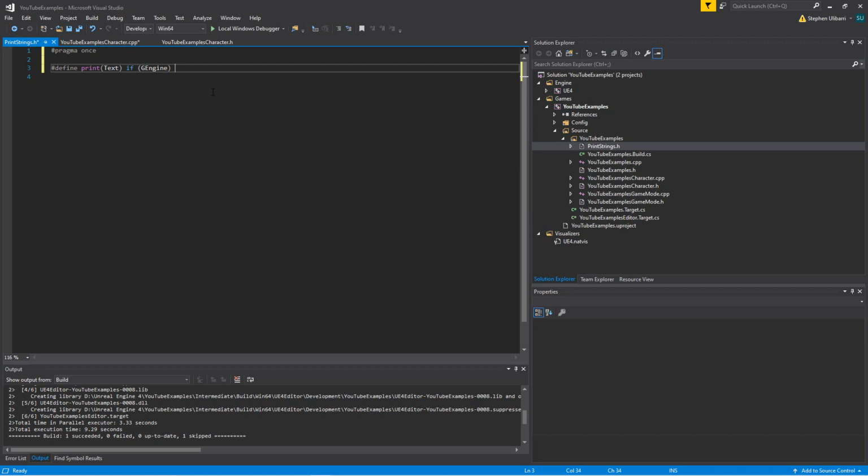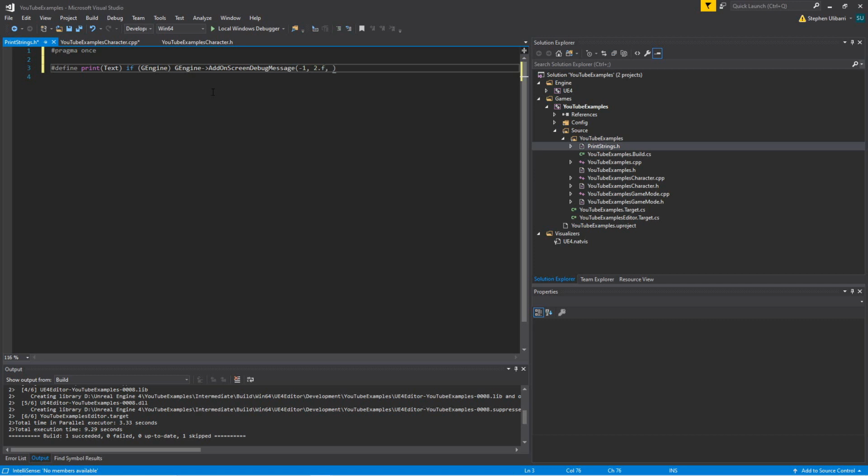We're going to say if gEngine, and then gEngine add on-screen debug message. And then we can simply call this function. Now, for now, I said I would explain what the key is, but for now we're going to add -1 for that key parameter. And we're going to use 2.f